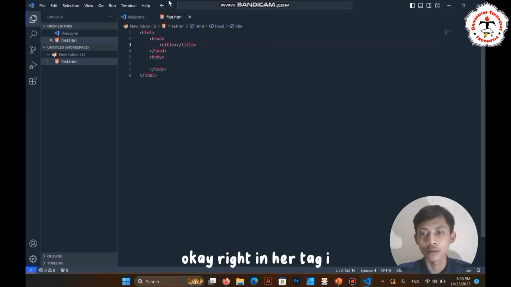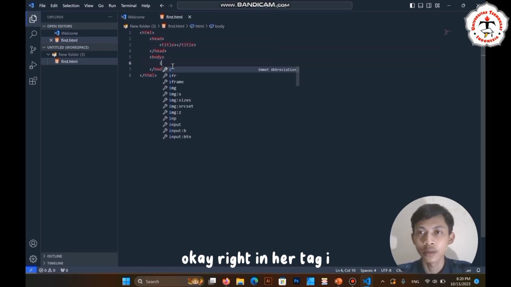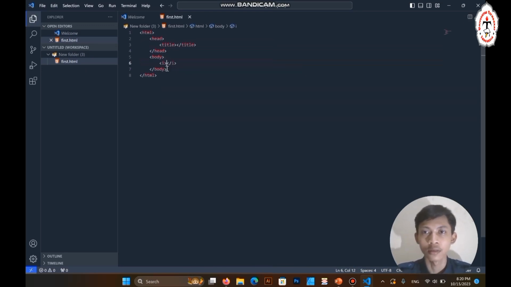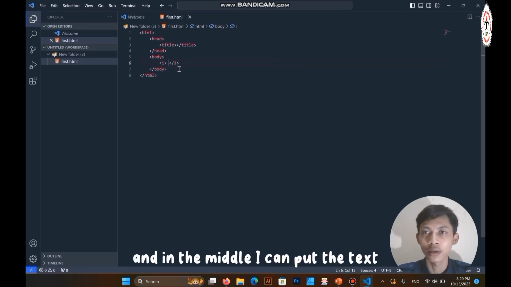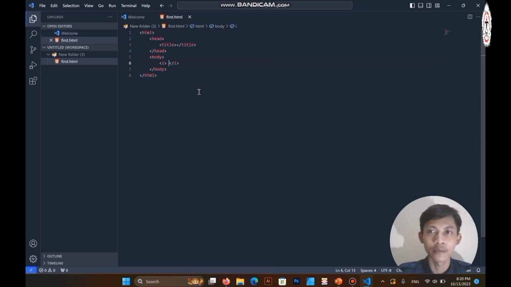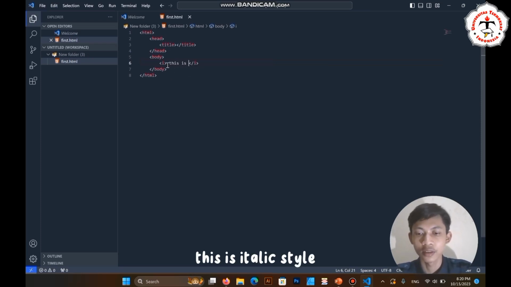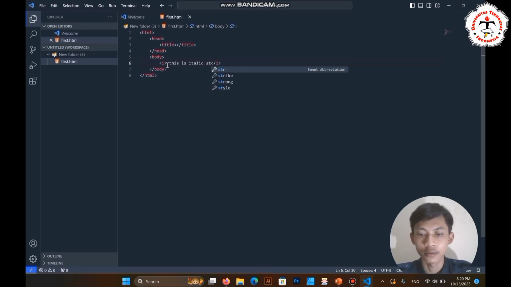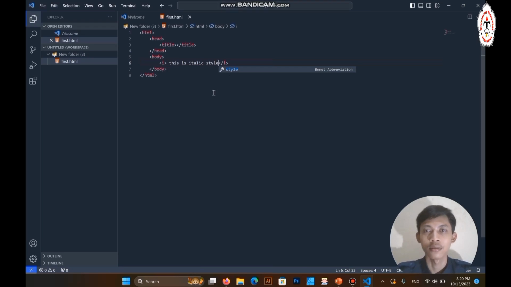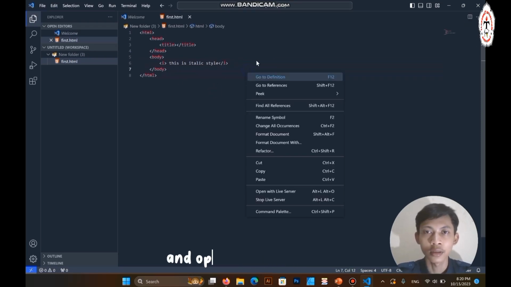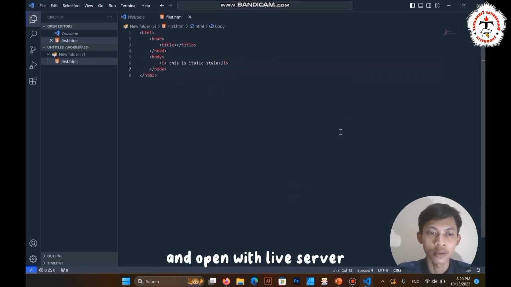Okay, right, in the text E, in the middle I can put the text. This is italic style, like this, and open with live server.